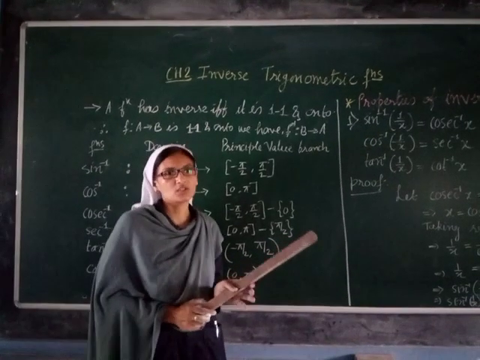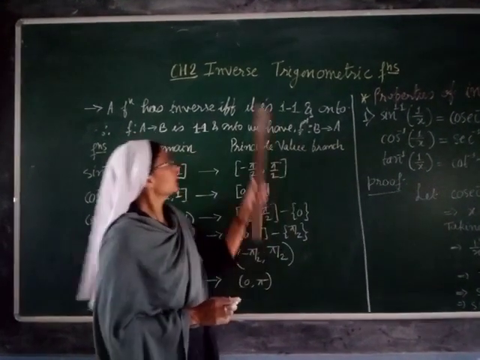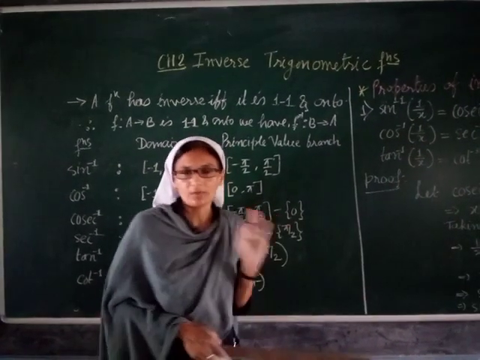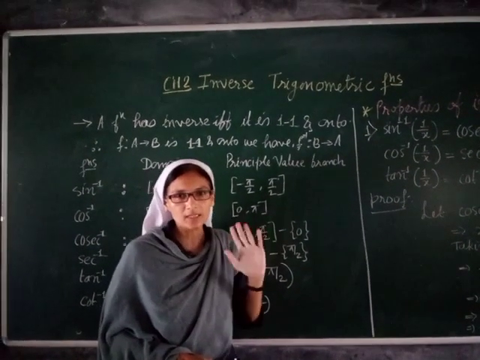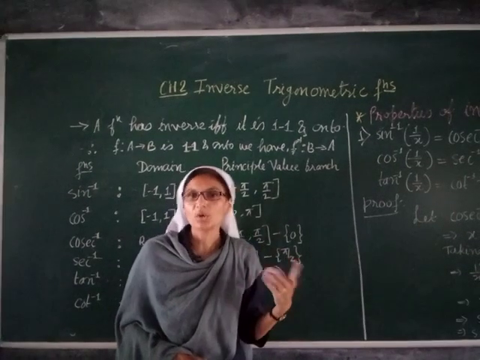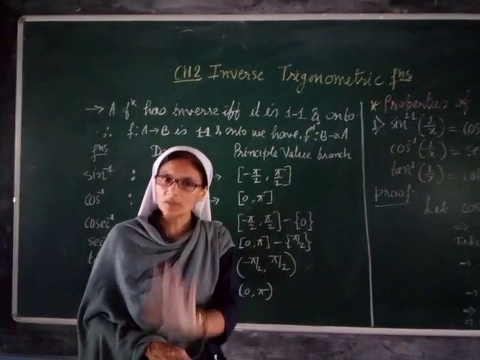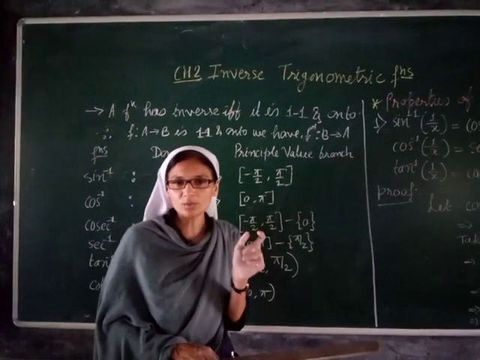Let us start with the second chapter of mathematics, inverse trigonometric functions. Now, we have not done chapter 1, but in chapter 1 there is a condition. If we want to find the inverse function, we should have the function one-one and onto. One-one and onto means, one-one means